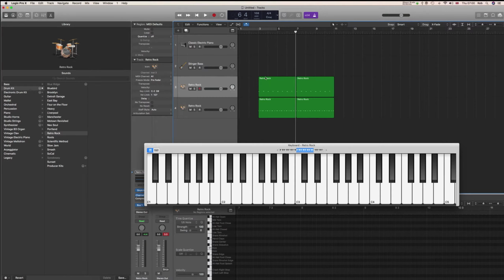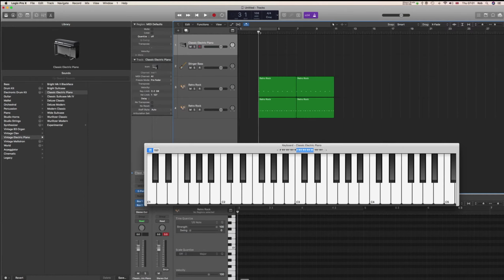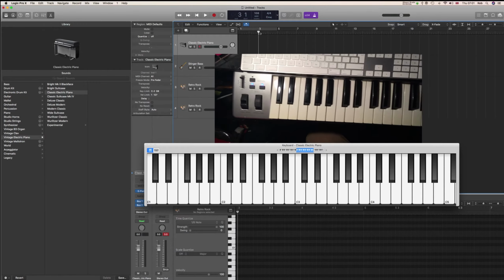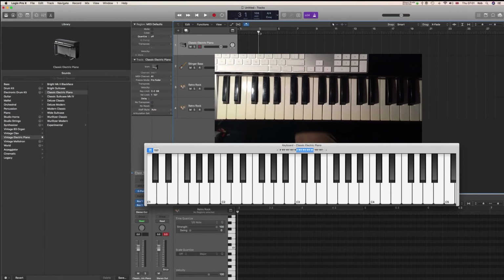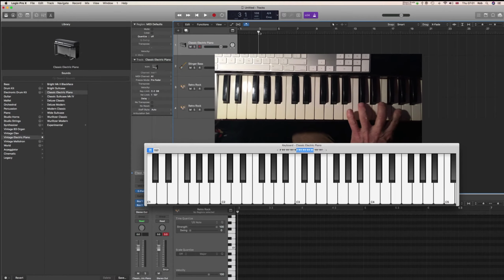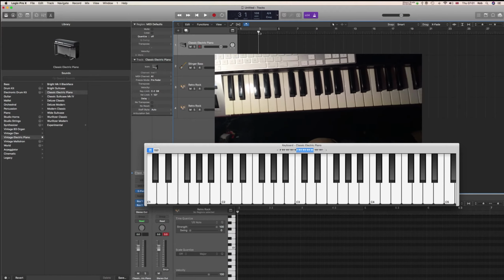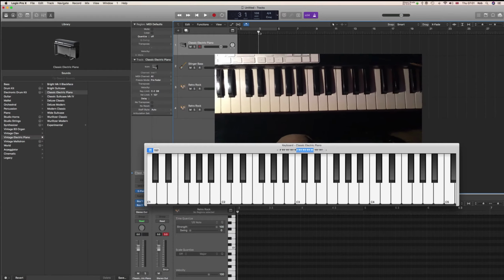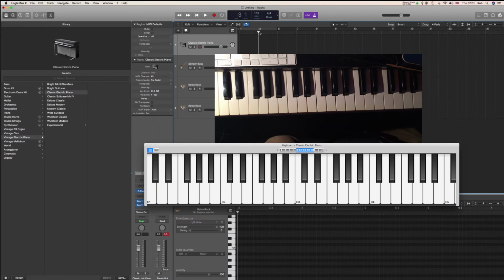Okay, so next we need to add some chords to this. So here we go. This is how you play chords. So on my keyboard, okay, I'm going to move my camera up a little bit more. So on my keyboard, I'm going to select a keyboard sounding thing. Now, to play a chord, what you need to do is you need to choose C, I suggest, and then